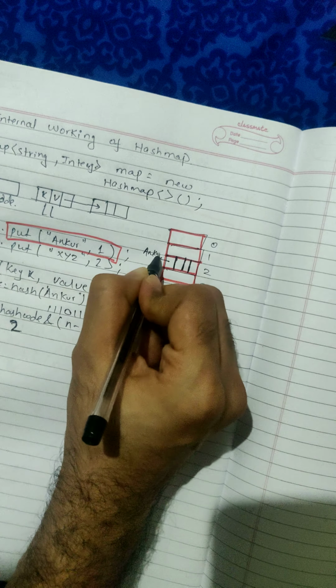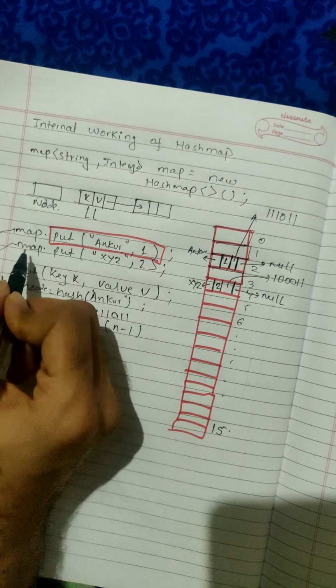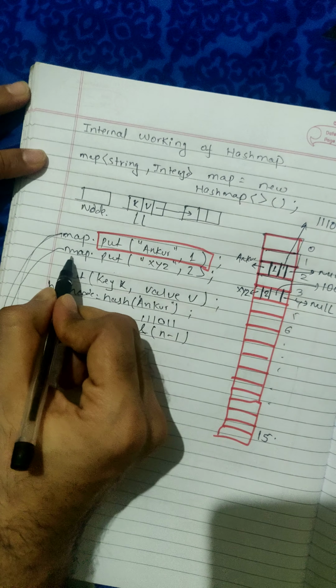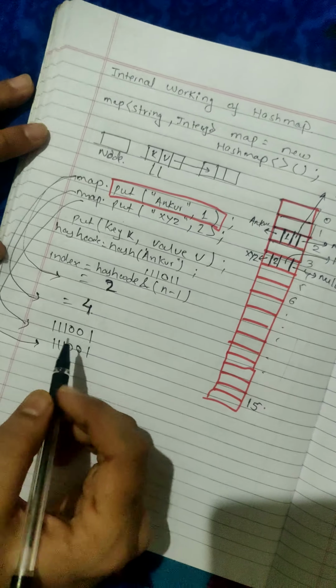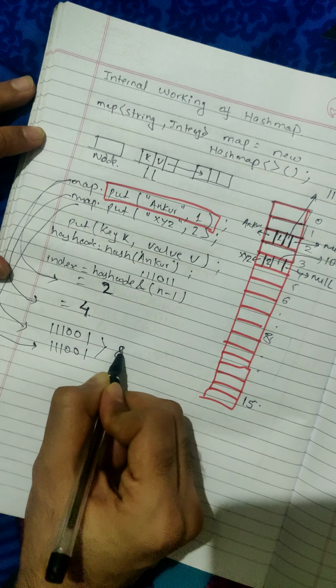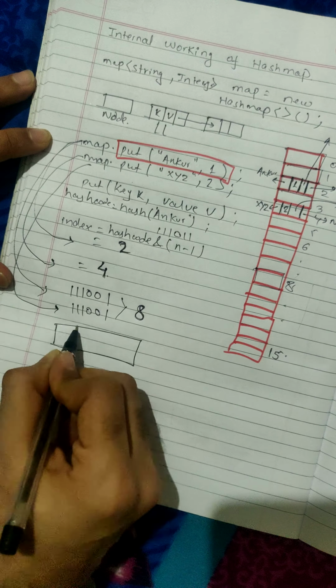So this is the internal structure of how things are stored inside the map. Now what will happen if two keys have the same hash code? In that case, a hash collision will happen. And how does it happen actually? Suppose this one is returning a hash code 111001, and suppose this one is also returning the same hash code 111001, and suppose the index for both of them is 8. Now the data will come to this part,